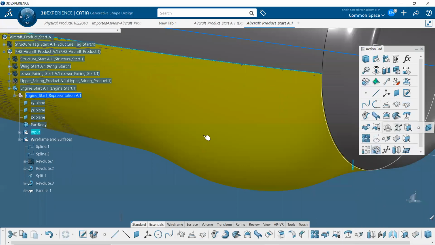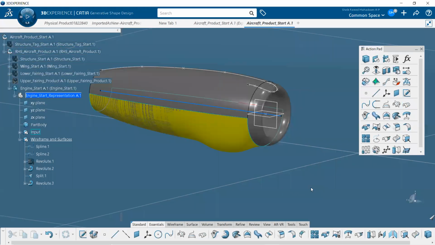Because we have the surfaces, we have to create some parallel curves. We don't need the whole surface. We need only some part of the surface. So what we have to do is cut the surface. To cut the surface, we need a curve, we need a profile to cut the surface.